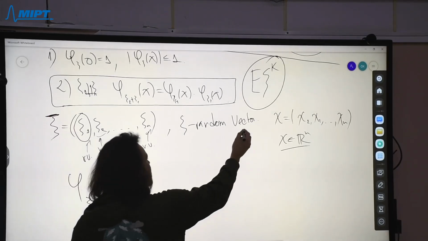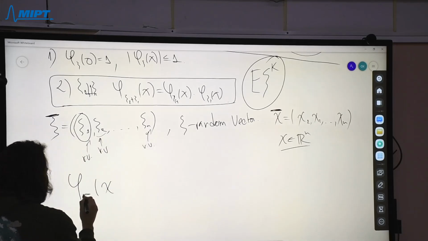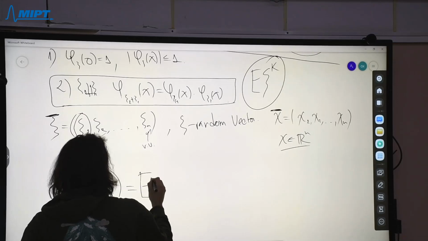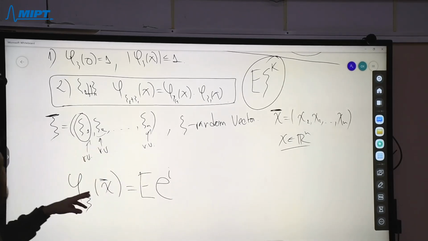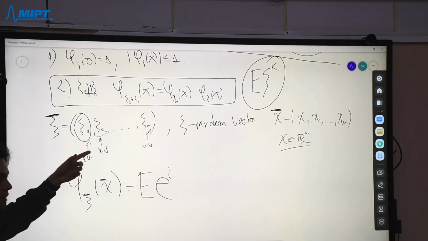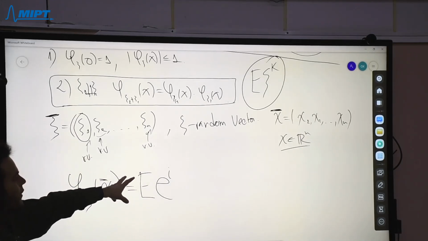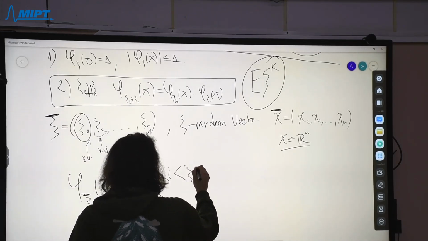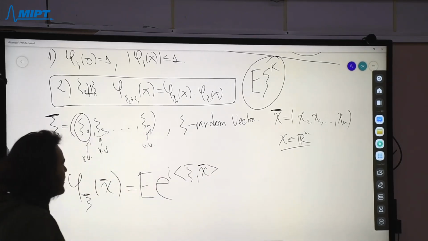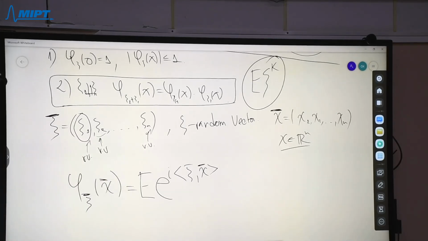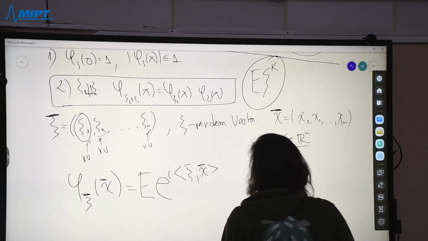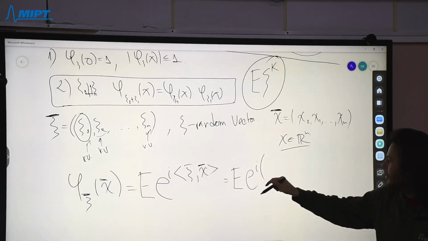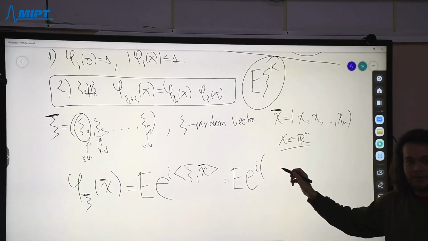And then we can write the following so that this is clear, right? So we have vectors here. This is a vector. This is going to be absolutely the same, but it's going to be like this. So the expected value of e to the I, and before we had just psi x, right? Now we need the scalar product. The scalar product we call it in English, right? So psi x. The dot product, the scalar product, I don't know how you know that, right? So what is this? This is just the expected value of e to the I, and what do we have here? If this is the scalar product,